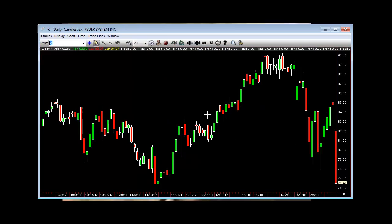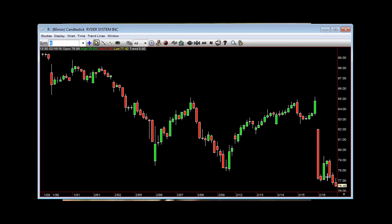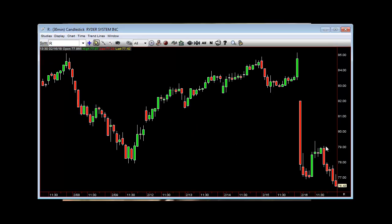Spotted the rider system on the opening, and the good thing about this, even if you missed this, like it had already started puking like that, didn't see it, but then it comes back up. Here, it goes inside, takes out one side, and starts coming through. All right, that's going 3. And if you go down to the 30, you're going to see this. Here, the 3-2